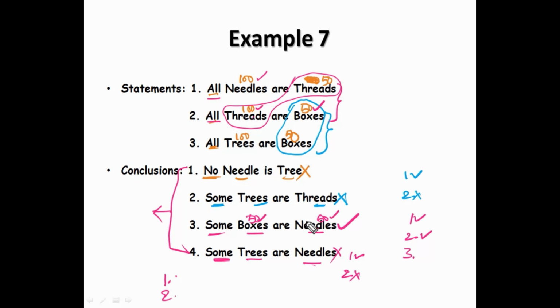What is the second condition? Both must have failed. Yes, both have failed. And the third condition: it should be either some plus no or all plus some not. One is positive, one is negative. One is universal and one is particular. So yes, all the conditions are satisfied. That's why the answer is either 1 or 4 follows. So the final answer for this question is only conclusion 3 and either 1 or 4 follow. Okay. Right.